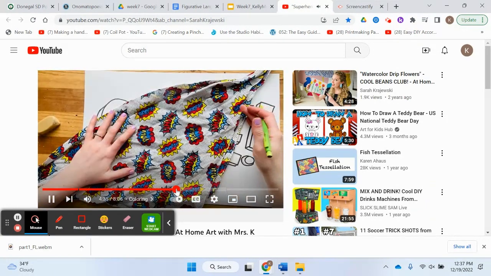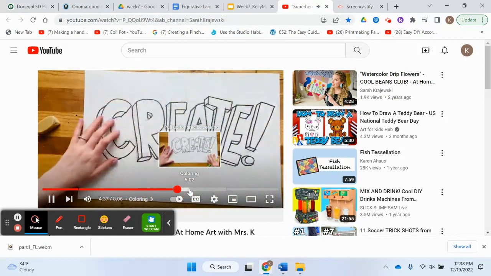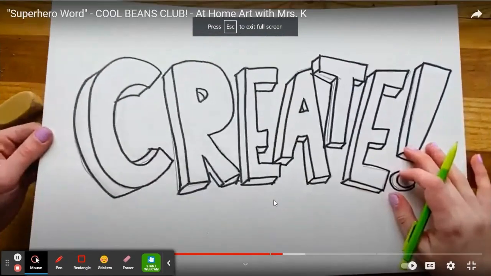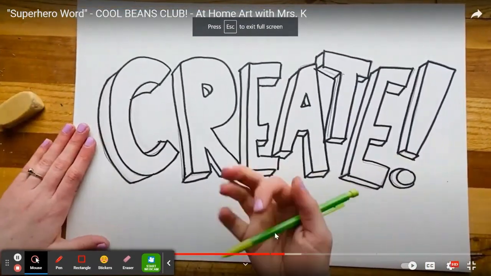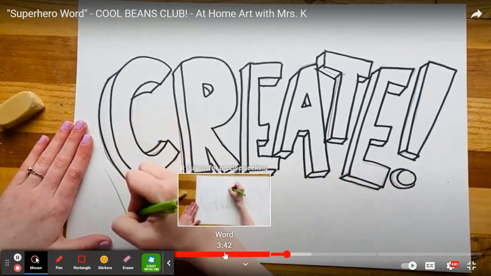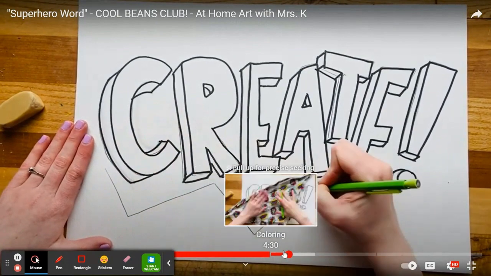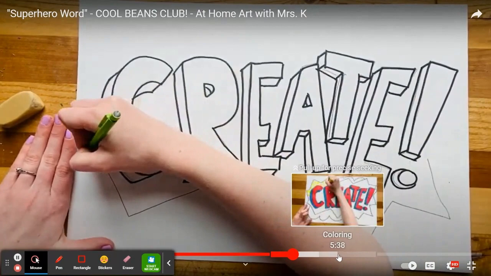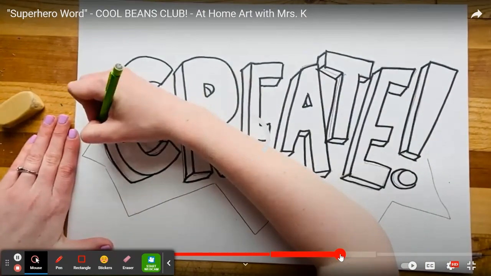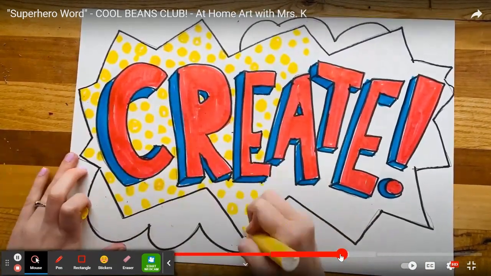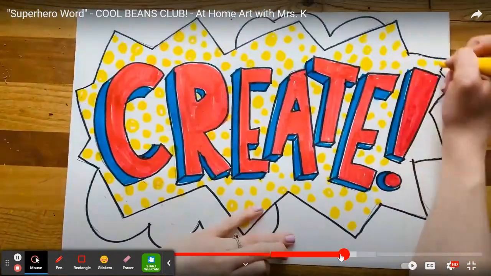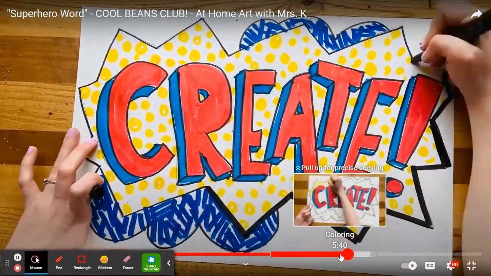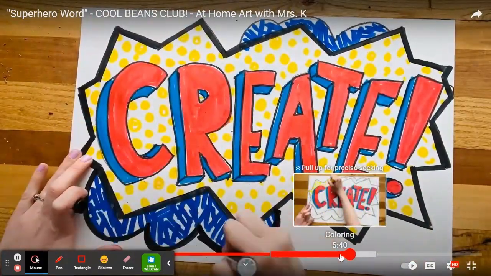Essentially, what she does is she is not using an example of an onomatopoeia. She is using the word create here. But she still goes through and spells out the steps on how to create a 3D looking letter, as well as add lines for emphasis, and finally coloring inspired by the onomatopoeia art of Roy Lichtenstein and also comic book artwork that we have seen with the Cat Kid books and the Gotcha book and the Dogman novels that our